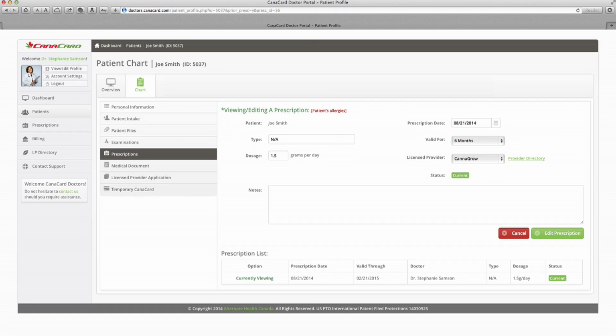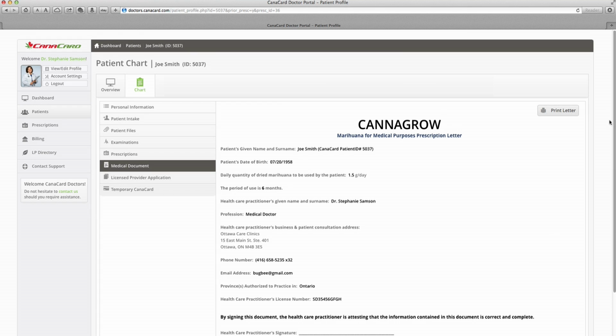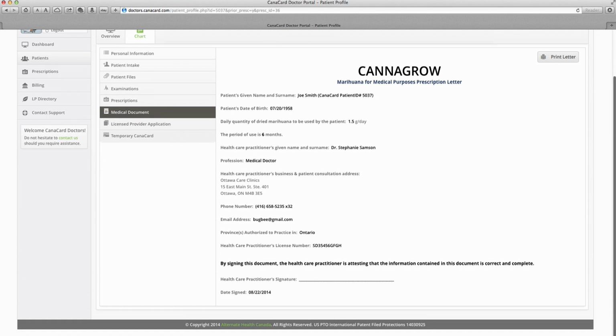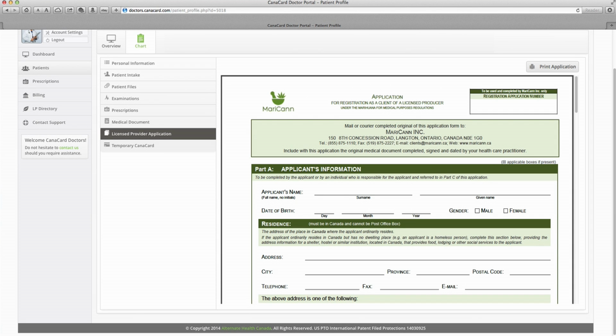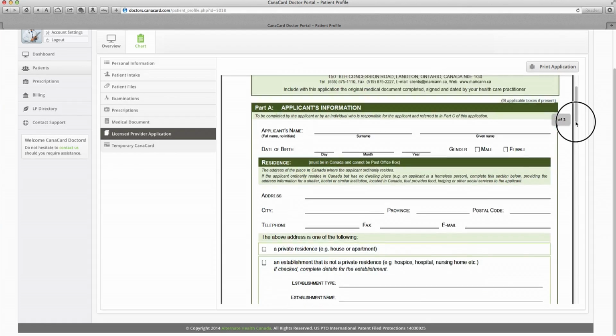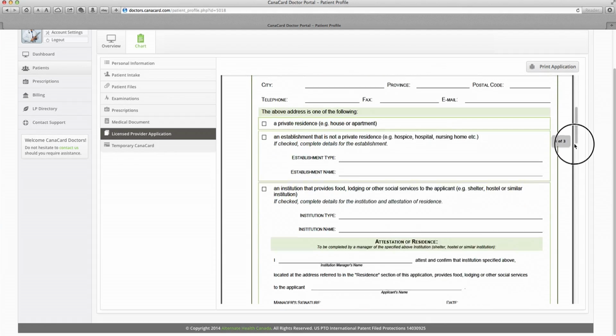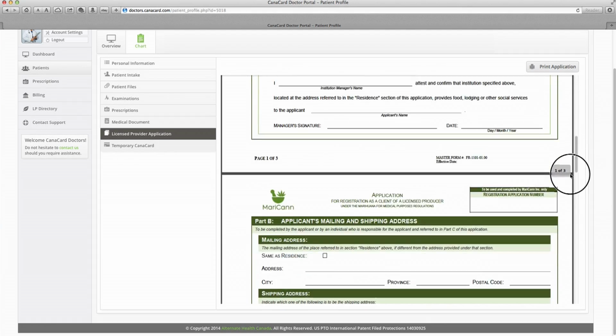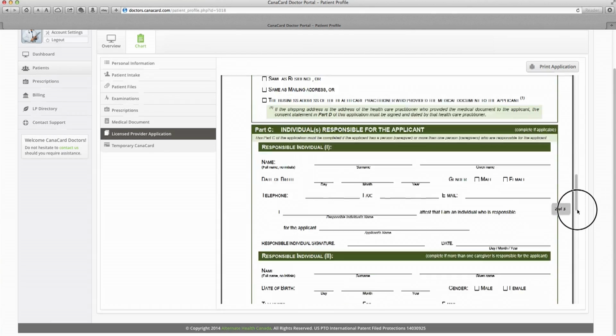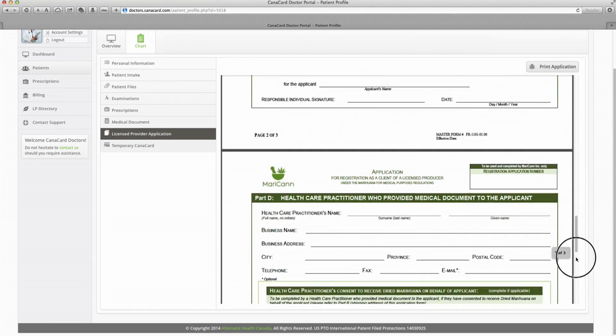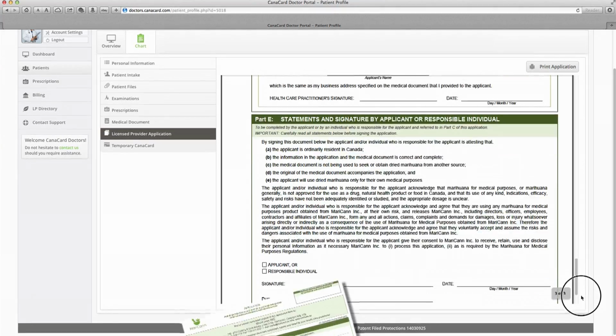After updating the patient's prescription files, the doctor is now able to administer a temporary CanaCard. Before a temporary CanaCard is assigned to a patient, the doctor will be required to issue a marijuana for medical purposes prescription letter to the licensed provider. This is the equivalent to submitting a prescription. In addition to the letter, the doctor will also be required to complete an application for registration as a client of the licensed provider. This comprehensive licensed provider letter also verifies the doctor's approval of and prescription for medicinal marijuana treatment for the patient. Upon signing, the system will